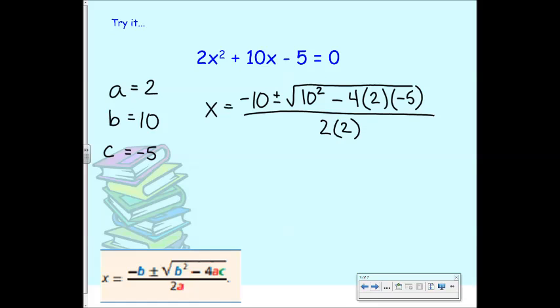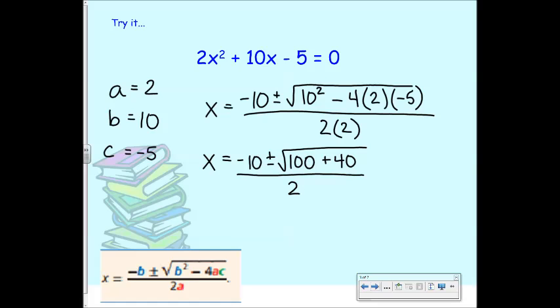Now it's just about where do we start. So what's the first thing that we do? Before negative 4 times 2, 10 squared, which is 100. What's negative 4 times 2? Negative 8. Negative 8 times negative 5. Positive 40. All of that over 2 times 2, which is what? 4. Good. All right, what else can I simplify? What's 100 plus 40? 140